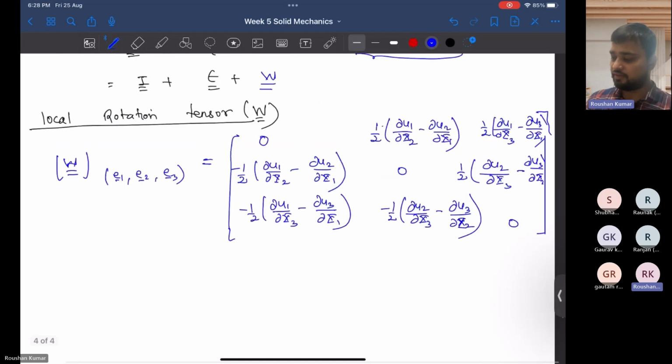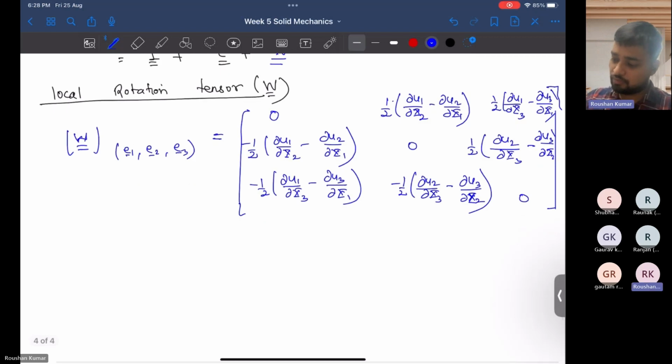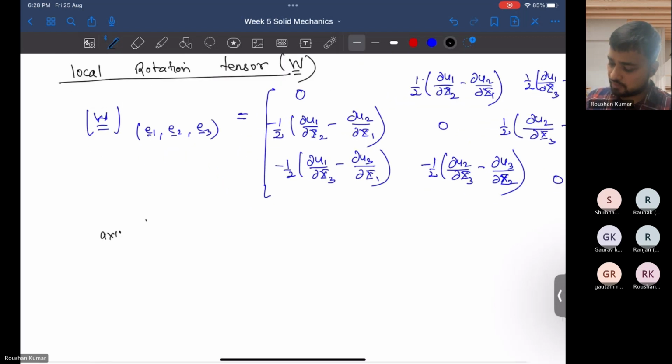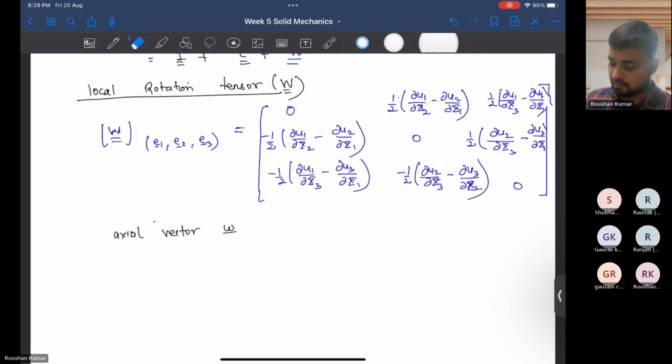And if we see this matrix, we can see that it is nothing but a skew symmetric matrix. So we can form the axial vector from this skew symmetric tensor. So the axial vector W